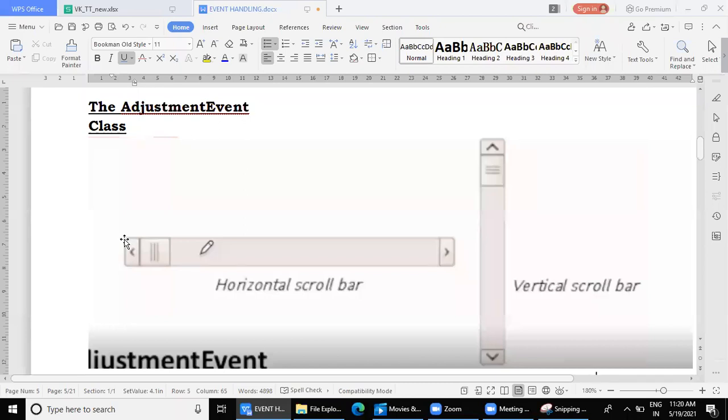So when we wrote programs, there was one program: taking a scroll bar, calculate the squares of all the numbers between 2 to 10 or 1 to 10. So that time, for example, this scroll bar. Now, how to make this scroll bar associated with a range of values? There was one property, or there is one property called minimum, and there is a property called maximum. So when we say minimum, it is a lower bound, and when we say maximum, it is an upper bound.